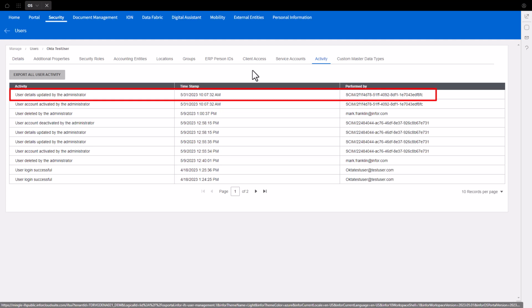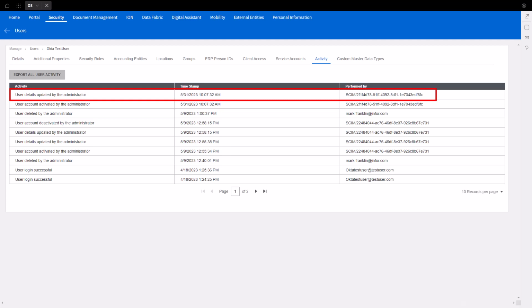This concludes this presentation of the Identity and Access Management Cloud Portal's SCIM User Provisioning and Management Configuration to the